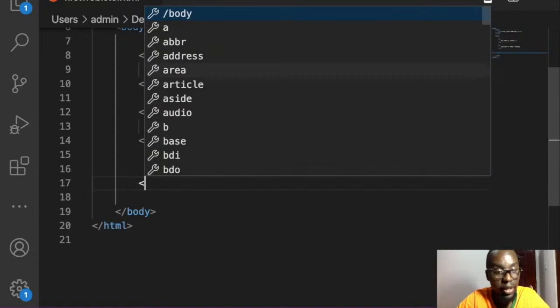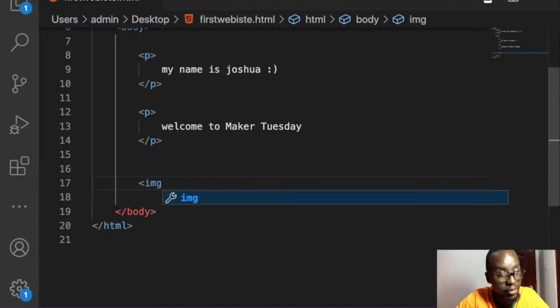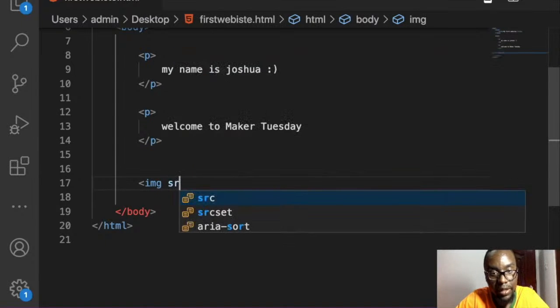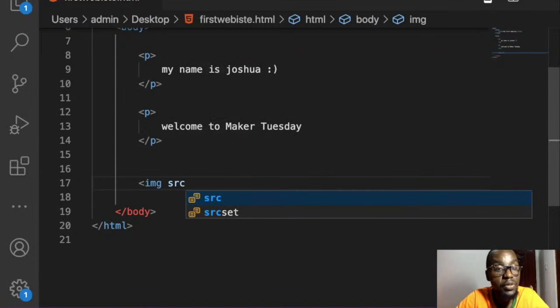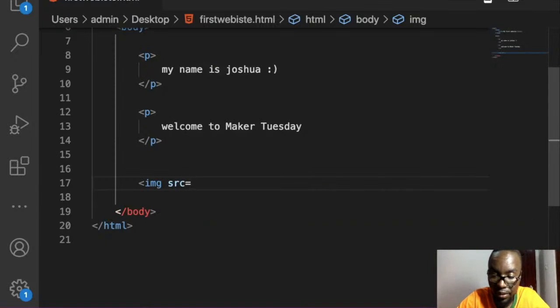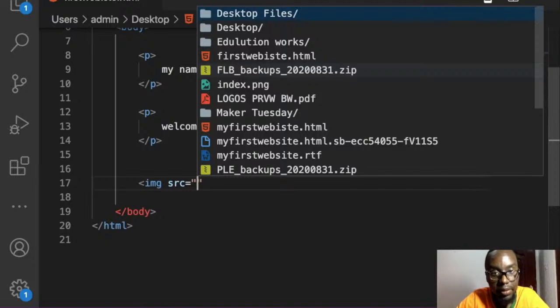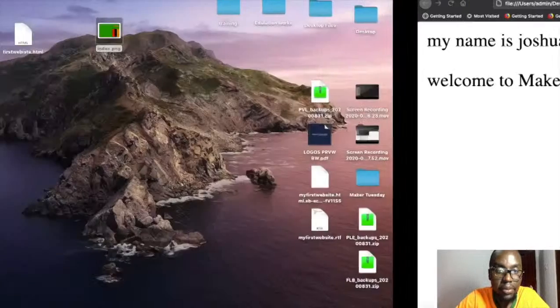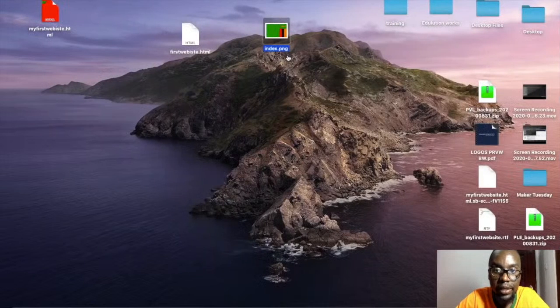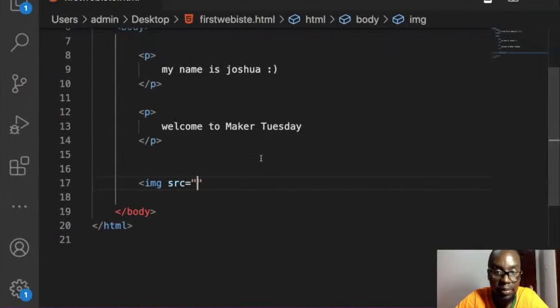So great, we want to add in an image. How do we do that? Type in the word img, short for image. src stands for source of our image. So where are we getting our image from? Equals, put in double quotation marks. Remember, our image is called index.png and it's saved on the desktop, same as the website file. So we don't need to type in desktop there. Since it's all in the same folder, we just type in the word